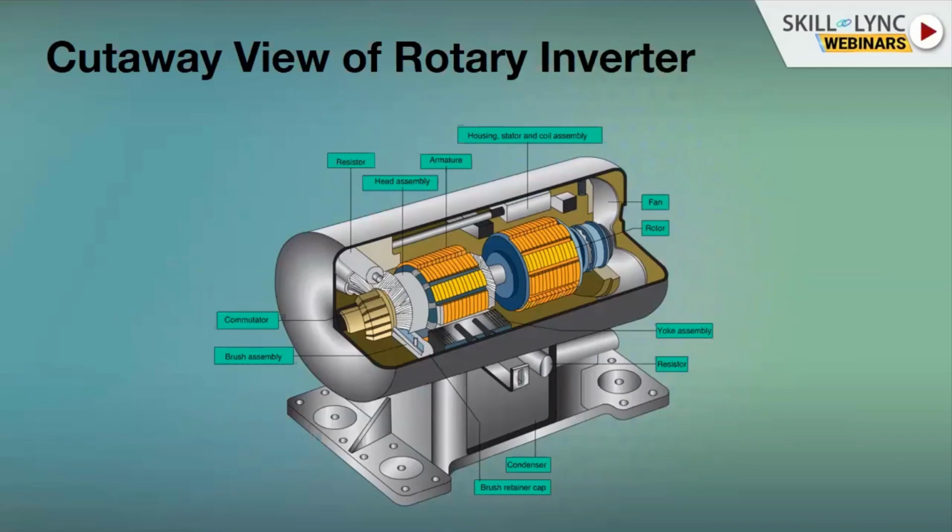As you could see over here, you have two main parts. One is the motor and the other is the generator part of it. The whole set was being used as a rotary inverter. So initially the DC supply is given to the motor. The motor is a DC motor which takes in the DC supply and rotates. A motor is a device which takes in electrical energy and converts it into mechanical energy. So the motor now produces mechanical motion.